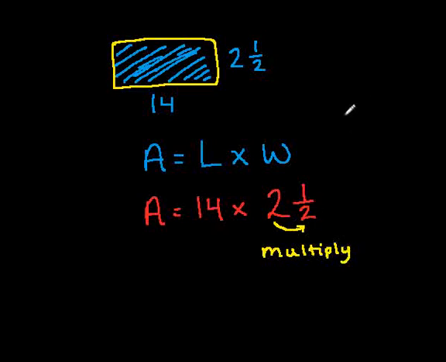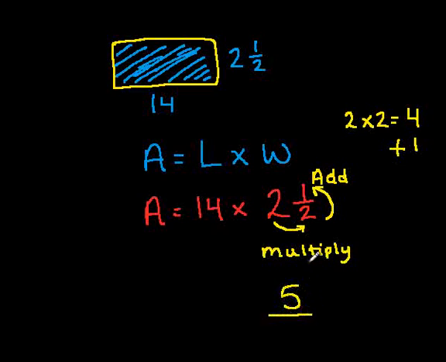That's 2 times 2, which is 4. Then I add that 4 to my numerator, which is 1, and I get 5. And the original denominator, 2, goes down here for my denominator. So 2 and 1/2 converts into an improper fraction of 5/2